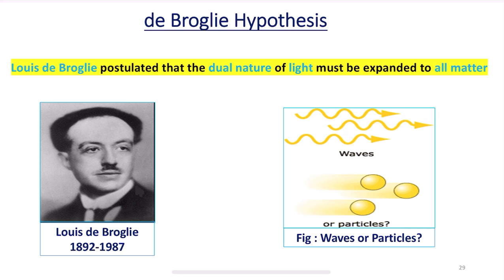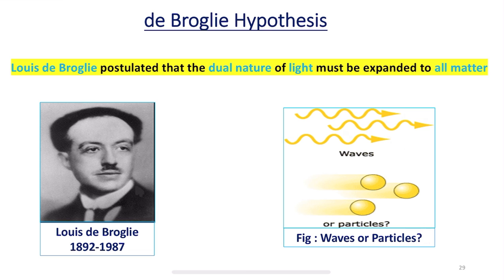possess a dual character. According to Louis de Broglie, all the particles, all the objects in this universe, irrespective of microscopic or macroscopic, including electrons, protons, atoms, molecules, a piece of stone or an iron ball, all possess dual character. The wave associated with the particle is called a matter wave or de Broglie wave. So these are the waves or particles. Even the particles have got motion and even the waves have got motion.